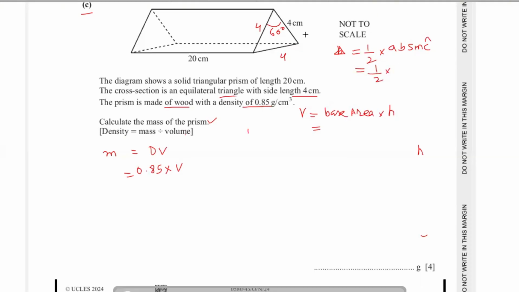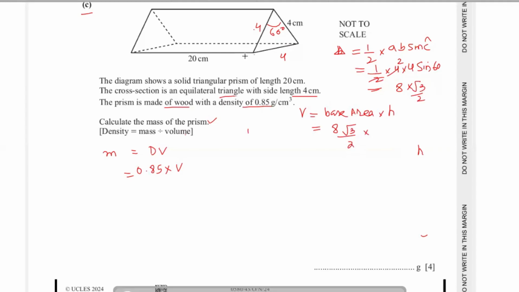Here the length of two sides given here is 4 and the angle between them is 60. Sine 60, we can write this 8 into sine 60 is root 3 over 2. Therefore, we write here the base area root 3 over 8 into root 3 over 2 into